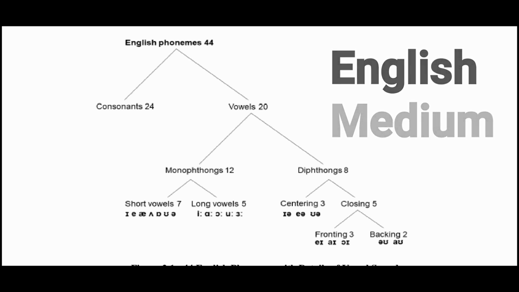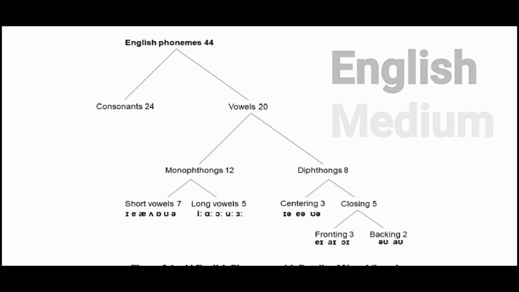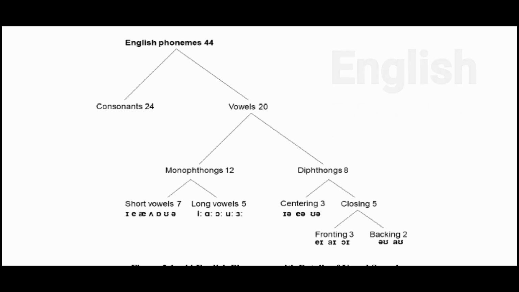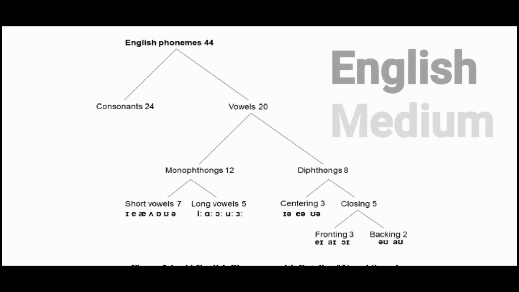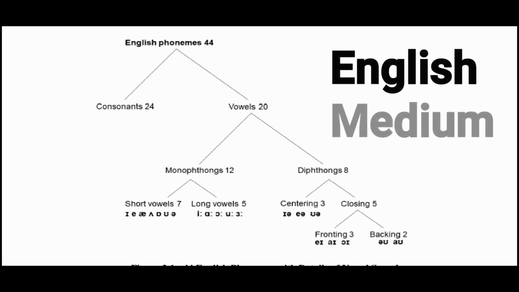Short vowels mean they are half vowels. You can also say them, for example, I in the weak sound, e in the weak sound, a and e in the weak sound, and then the a in the weak sound, and u in the weak sound, and again the simple weak sound of e. And long vowels are particularly 5.